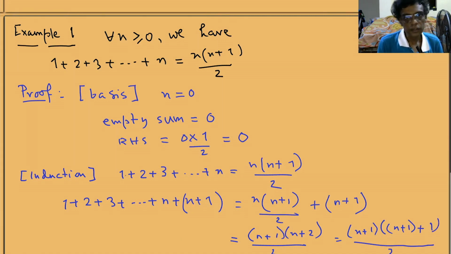So this step is called the induction basis, and this step is called the inductive step. Both are very important. We assume something for a particular value of n and prove it for the next value of n. Anyway, I believe we have already seen proof examples like this. So let us move on.